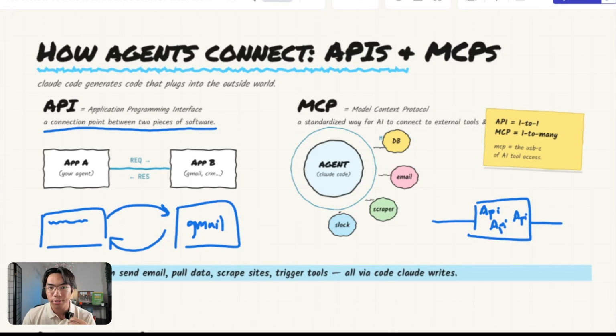A good analogy of this that I heard in the past was USB-C. It used to be you would need different USBs, you need USB-A, USB-B, but all of that changed when the USB-C came out, and suddenly all possibilities could be done with that one cable. That's kind of the idea of an MCP. You connect the MCP one time and you have access to all APIs. So over here it kind of explains API is one-to-one, MCP is one-to-many. That's pretty much the